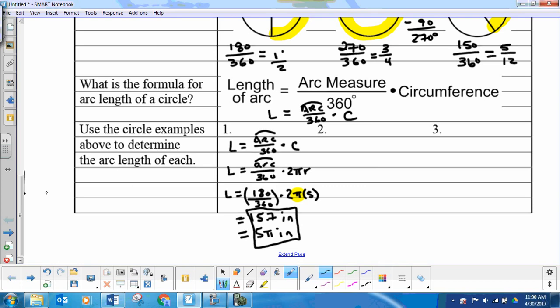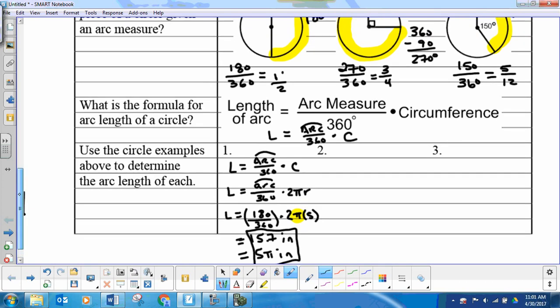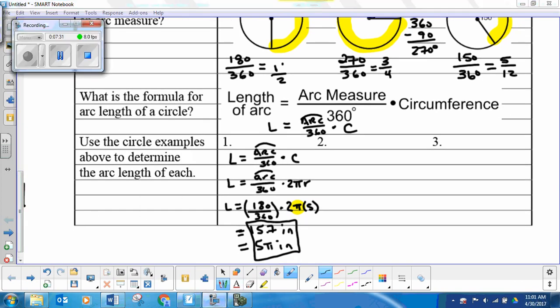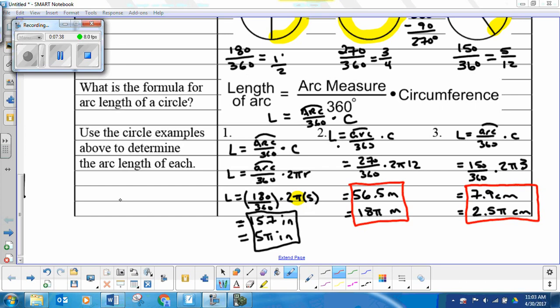All right, so given what we did on number 1, go ahead and try number 2 and number 3. Go ahead and pause the video and then check your work, and we'll go from there. All right, and you should have gotten that on number 2, 56.5 meters, or in terms of pi, it would be 18 pi. Again, multiply the 18 and the pi, and you'd come back to 56.5. And then for 3, 7.9. If you have any issues, or if you didn't get those answers, please raise your hand, and we'll give you